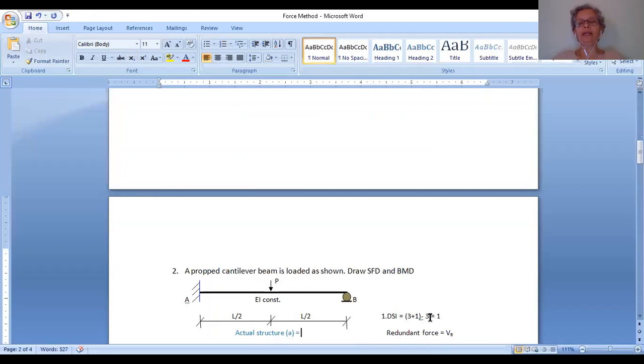Okay, now the next problem is here. A propped cantilever. Again, it's sort of a practice session. Earlier we had considered UDL. Now it's a little simplified version. We have a point load. So it's again a propped cantilever. Before I start, what is the advantage of giving this redundant reaction or redundant support?